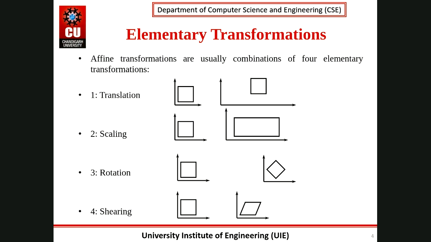Now let's discuss rotation. This is very important because we have to perform rotation about an arbitrary point, so please pay attention here. Let's say this is my xy axis and I have an object, a square. Rotation means rotating an object by a particular angle theta. The angle theta will be given to us. Let's say theta is 45 degrees.